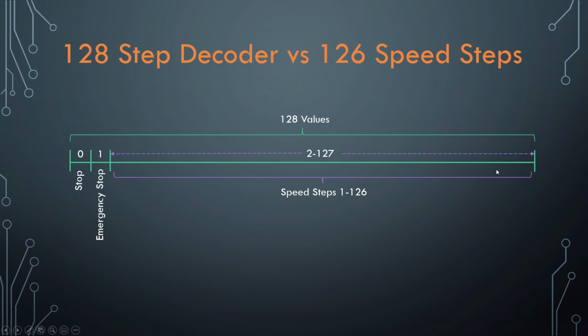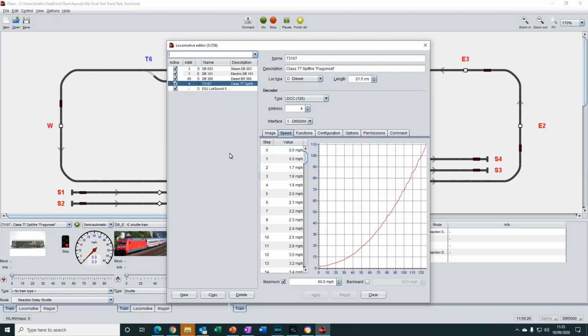And these are the locations where the 126 steps of our speed profile are stored. It can be a little confusing because when you look at a speed profile, the value that is always missing is always the value of 1 for emergency stop. If you look at this loco's speed profile, for example, you'll see that there are 127 steps listed here,